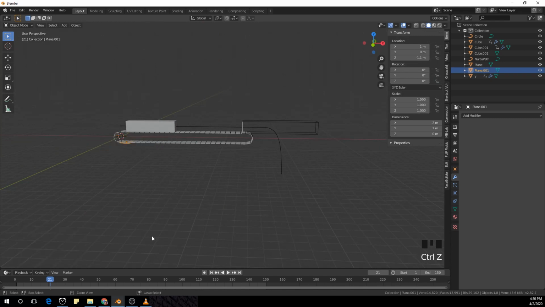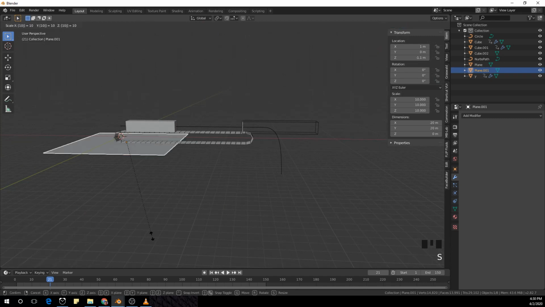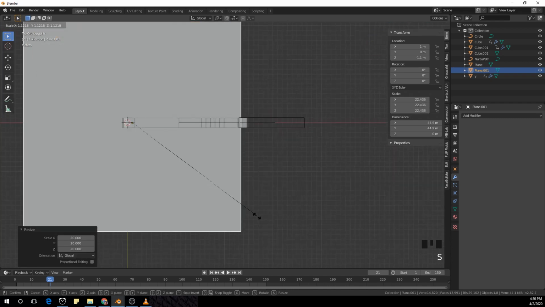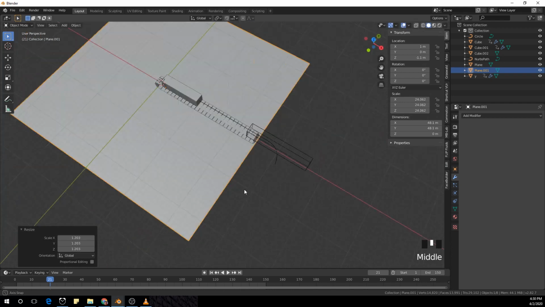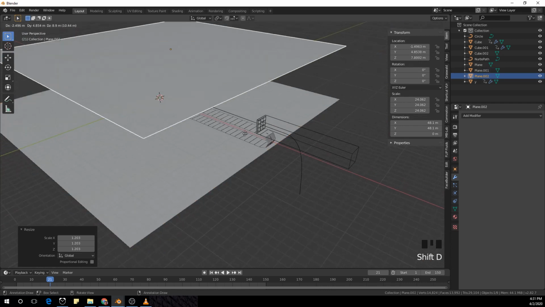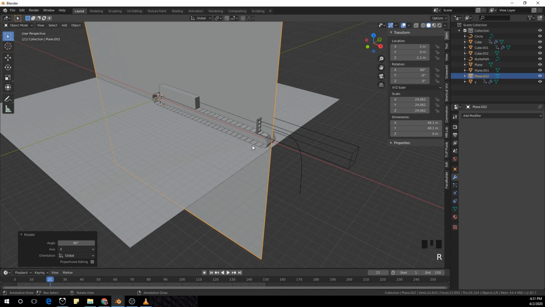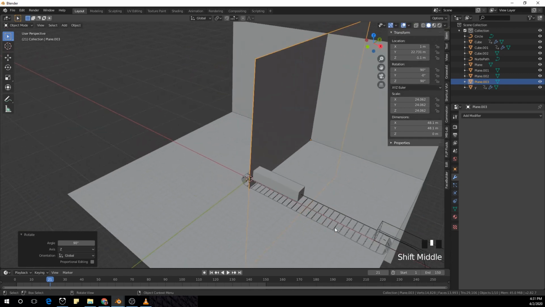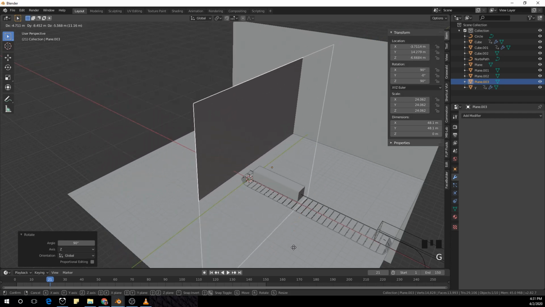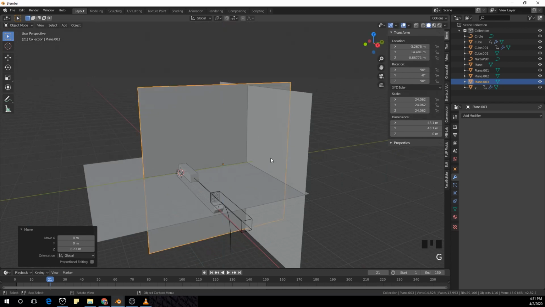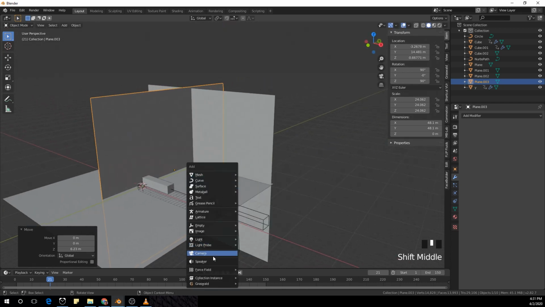Now let's scale it. Scale S 10, we can do 20, S 20 and scale it a bit more. Yep, it looks good. And Shift D, duplicate it, RX, move it to the back, Shift D, RZ 90, RZ 90, and move it somewhere here, GZ. And now I'm gonna create my camera